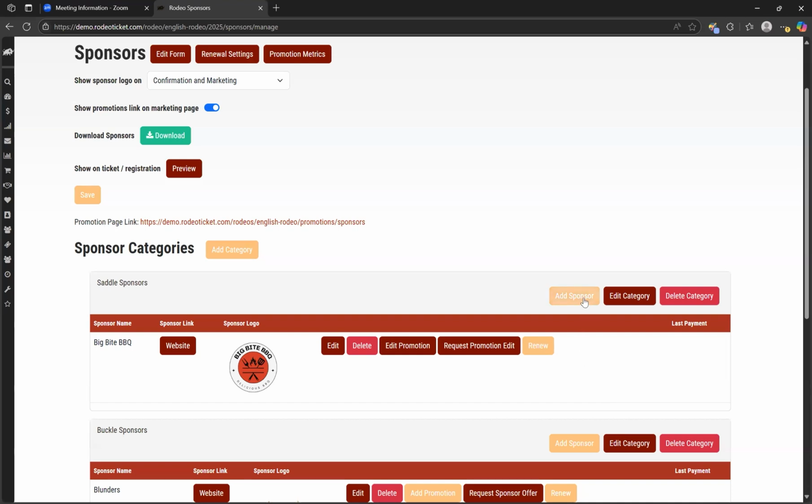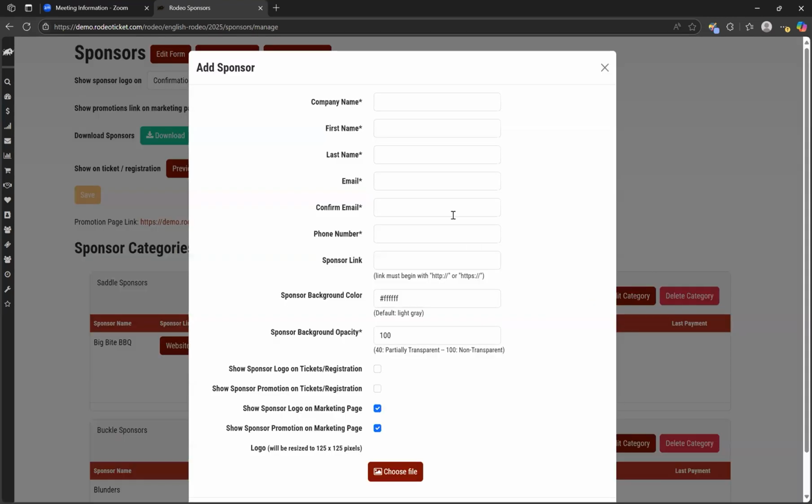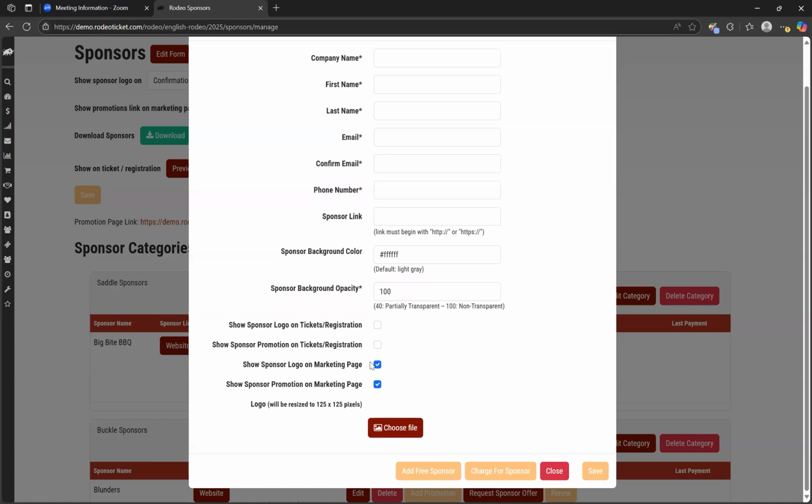So we're going to add a sponsor here. So we'll click add sponsor. We're going to fill out all of this information, and then at the bottom I can click add free sponsor, and that's the end of the sponsorship process, or I can click charge for sponsor. So I'll show you what it looks like to charge for a sponsor. So we'll click this button,